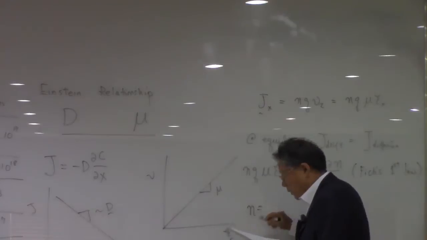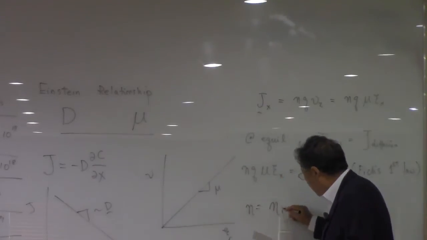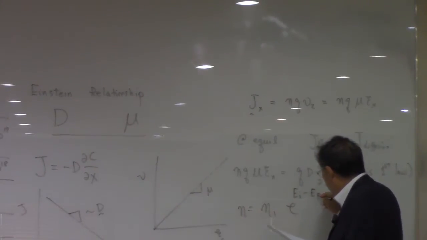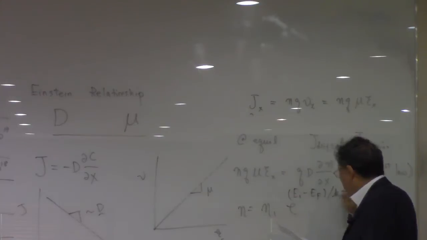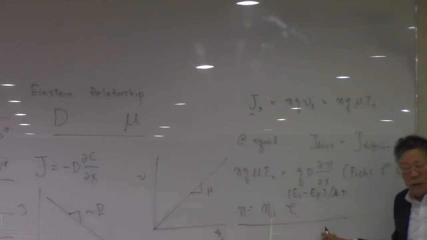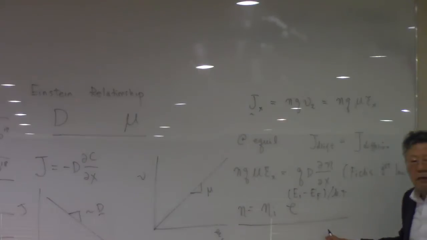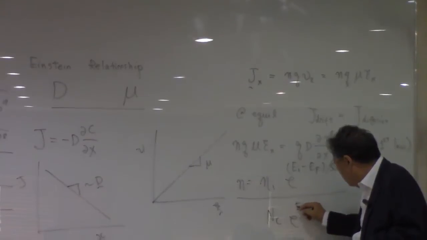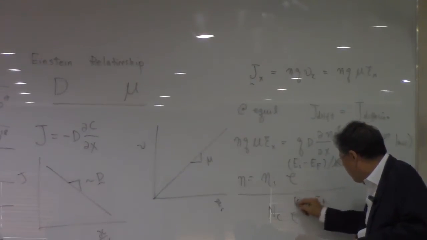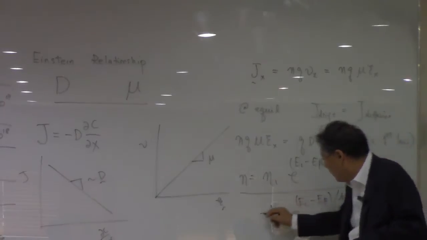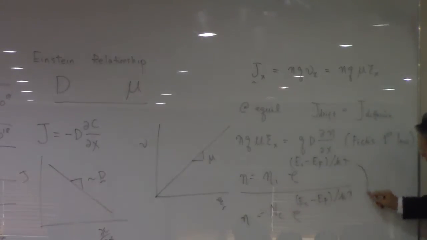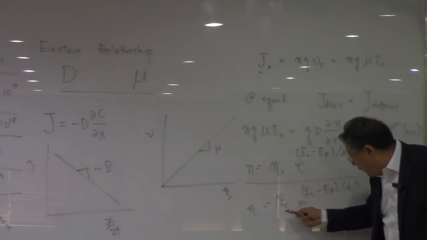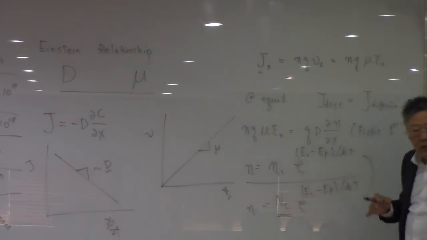And we know the concentration can be represented by e to the E_i minus E_F over kT. You can notice that this is a little bit different from the Boltzmann statistics that we talked about earlier. We said e to the E_C minus E_F over kT. Okay? Those two are exactly the same equation,